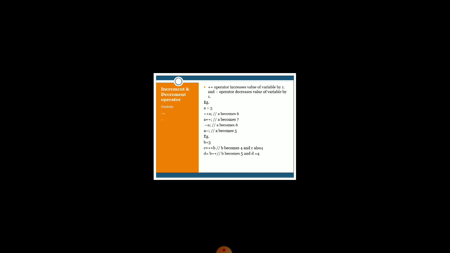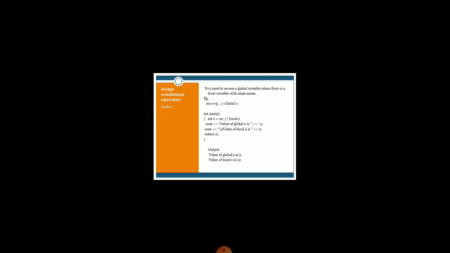If I am using pre, it means first of all it will increment the value by 1 by itself, and then it will assign that value to the certain variable, or that value can be used in the operation. But the case with the post-increment or post-decrement is that it will first assign, or first use that value in the operation, and then itself increment or decrement.